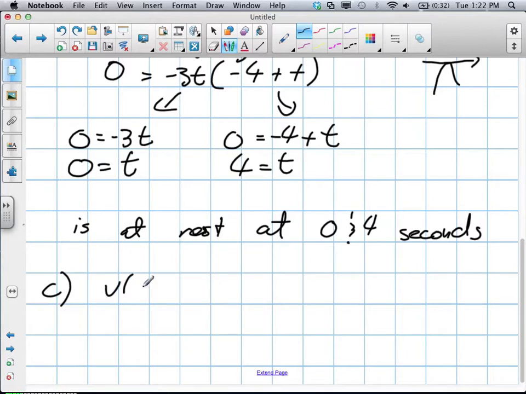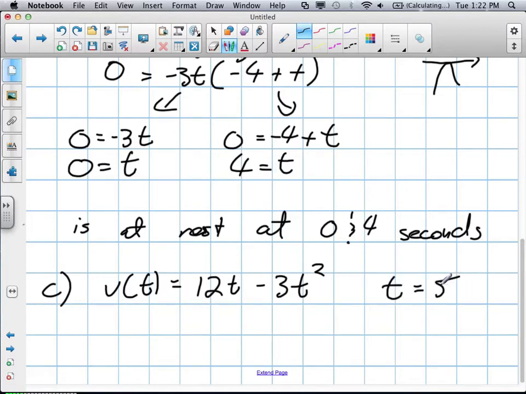Again, we have our velocity, which was 12t minus 3t squared. And they wanted to know what direction it was heading when time was 5 seconds. So after 5 seconds, what direction is it heading? Well, we need to figure out if velocity is positive or negative. If velocity is positive, okay,